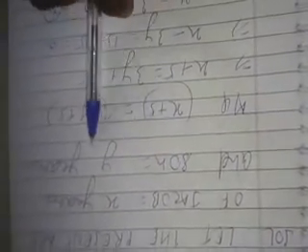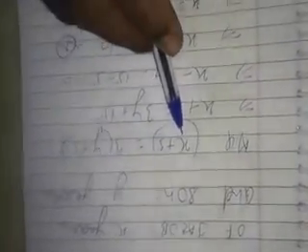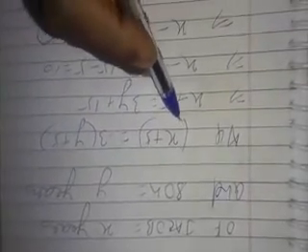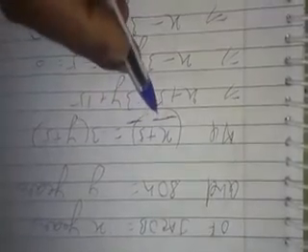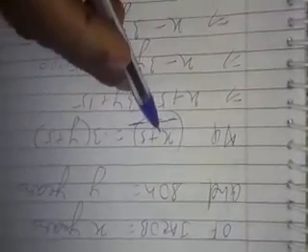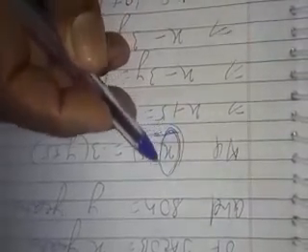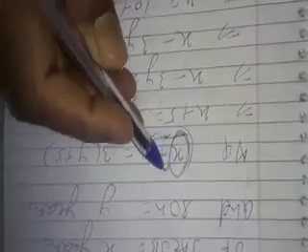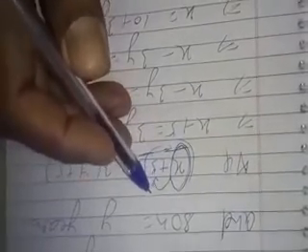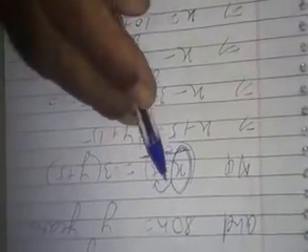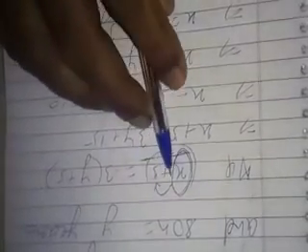In the first condition, the age of Jacob 5 years hence will be 3 times the age of his son. As we have to see 5 years hence, it means that we have to add 5 to the present age of Jacob. The present age of Jacob is x years, so 5 years hence his age will be x plus 5. Whatever his present age is, we have to add 5 to it to find the age after 5 years.